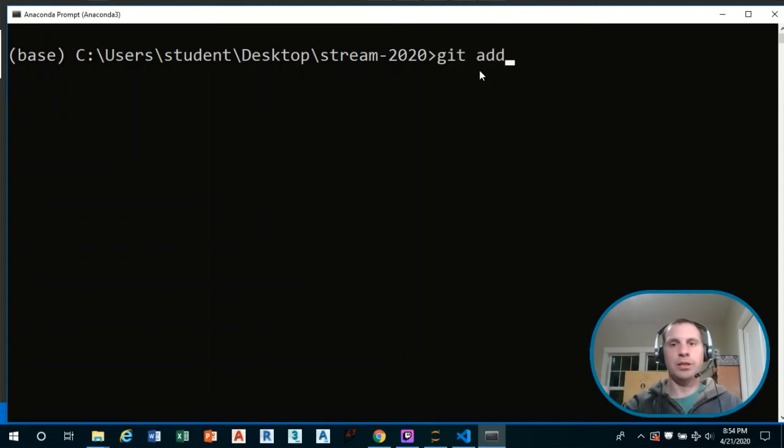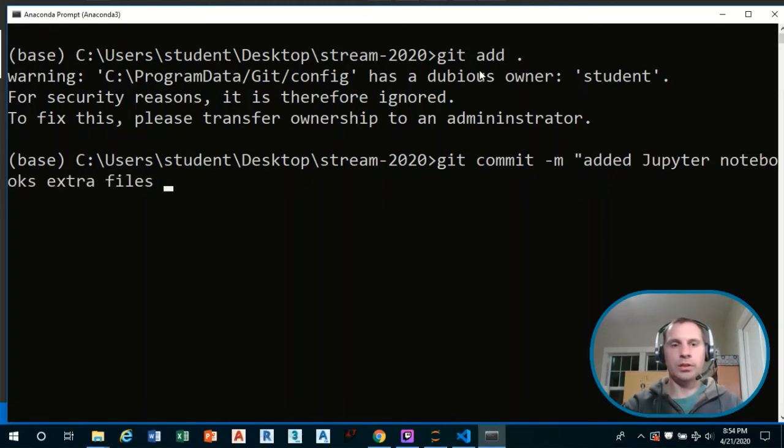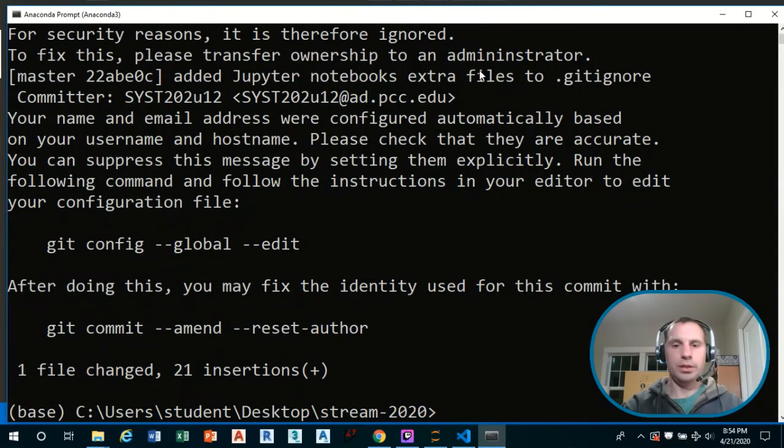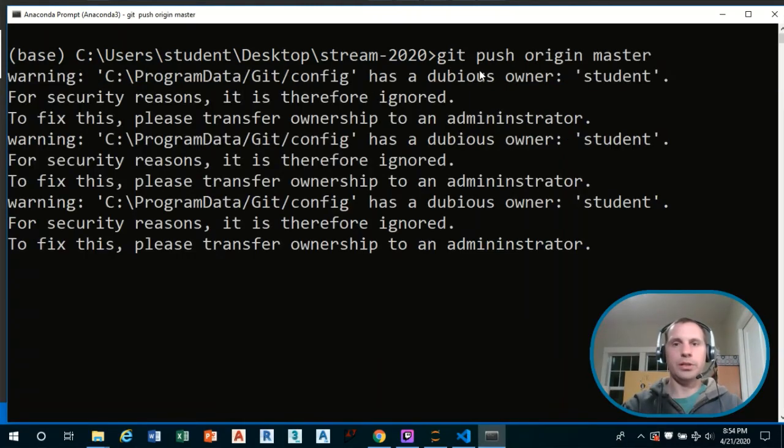So I'll type git add dot, just in case that file isn't part of this git repo, and then git commit -m, and then "added Jupyter notebooks extra files to git ignore," and then we'll type git push origin master.